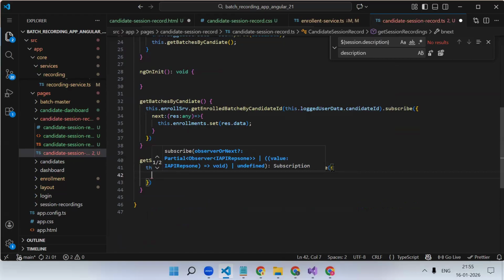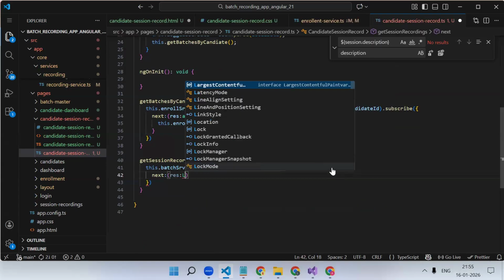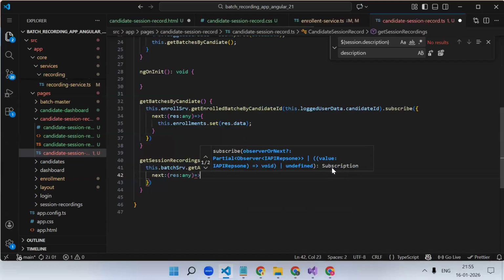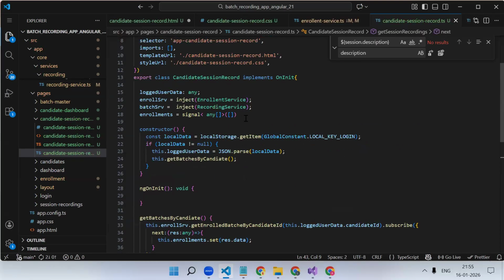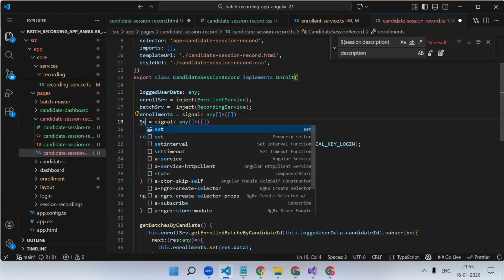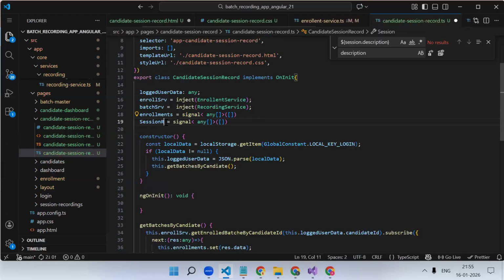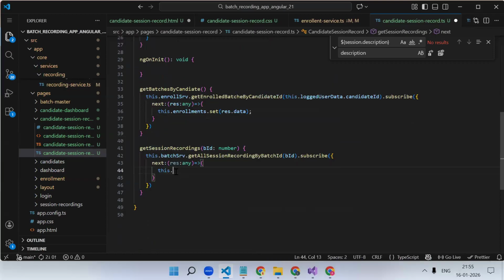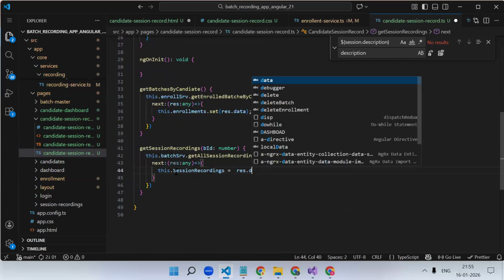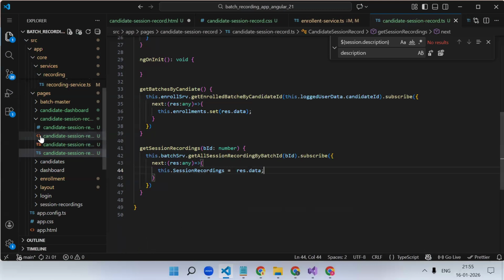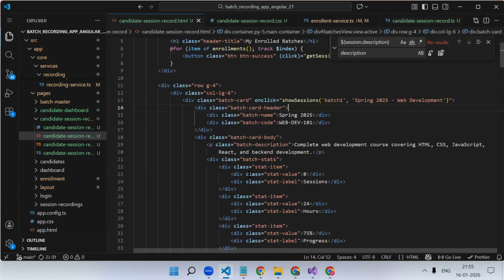Next. Again, we need one more signal to store the session recordings. Session recordings. Okay, so this will go over here. This dot session recordings is equal to res dot data. Okay, now where it is static,